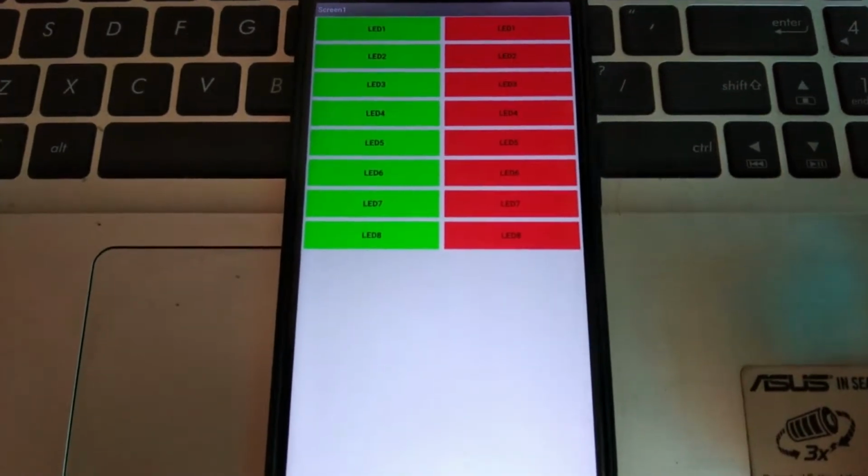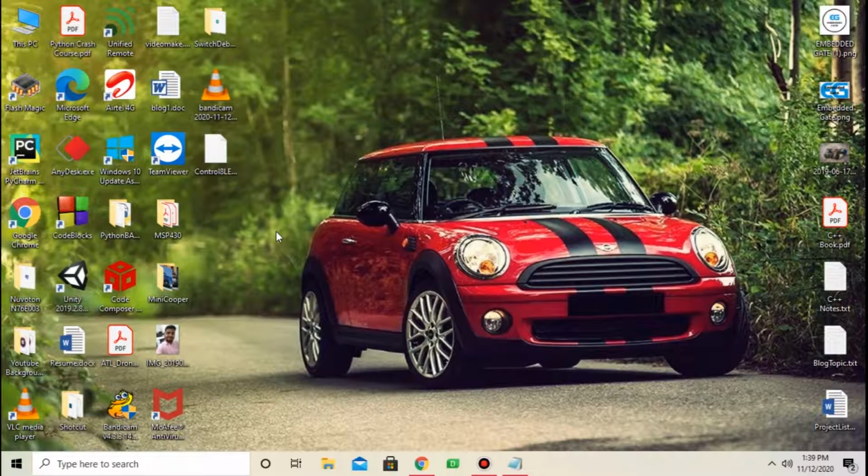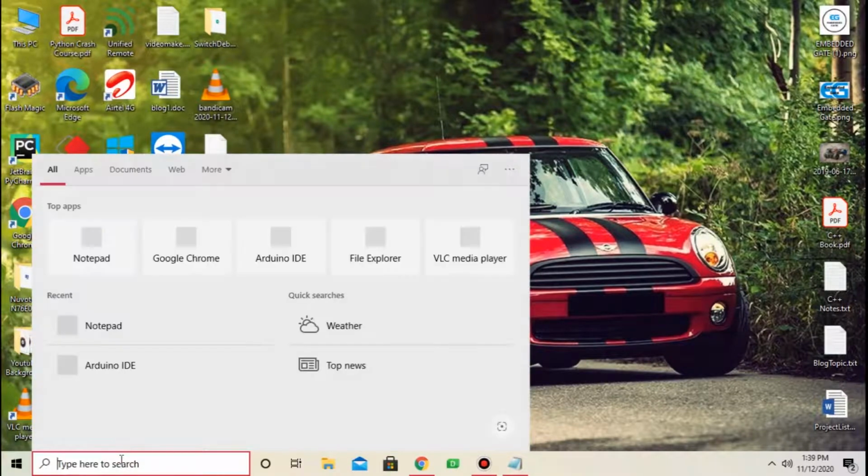Mobile app is ready. Now next part is to write ESP code. Open Arduino IDE.